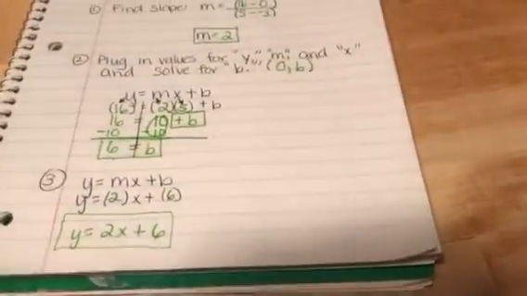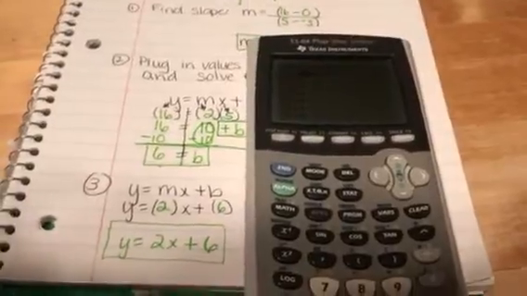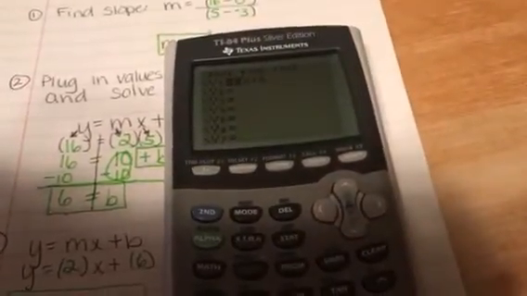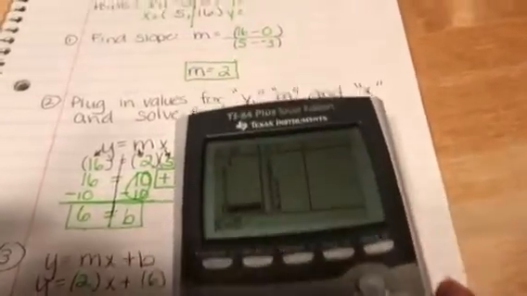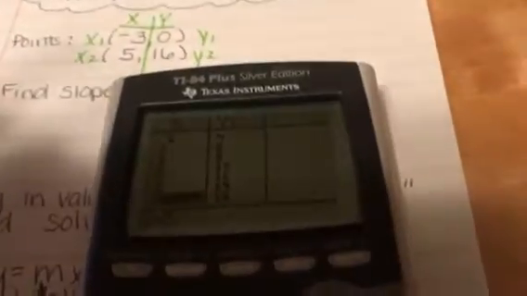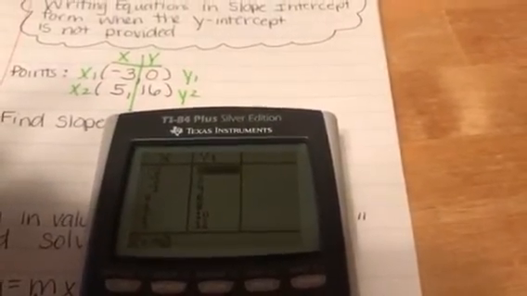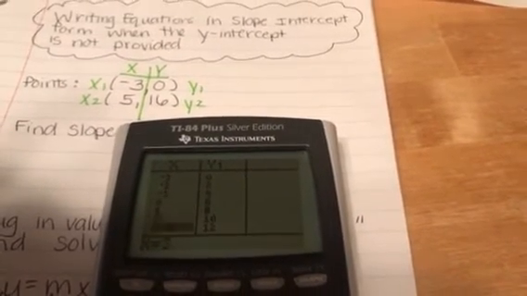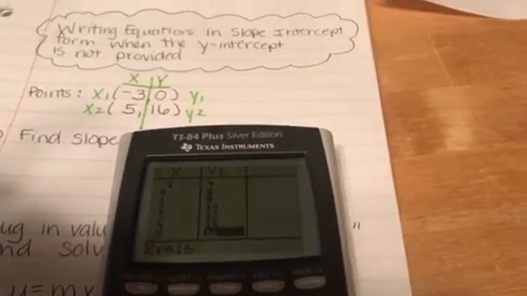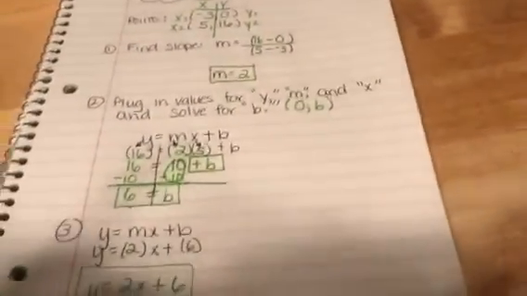As always, we should put it in our calculator to see if it is the correct equation for our table. So here's the equation. Let's go to table, second graph, and let's check the points. We have -3, 0. I'm going to go up till I find -3. There it is. And yes, 0 is across from it. Then I'm looking for 5, 16. Down to 5, 16 is across. Right? That is correct. This is a newer concept for you, so you might want